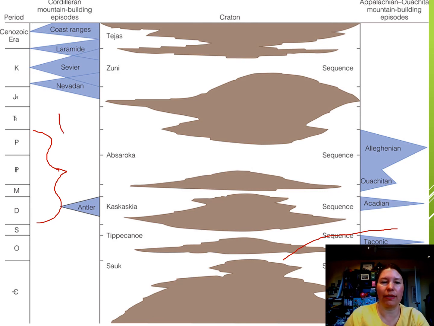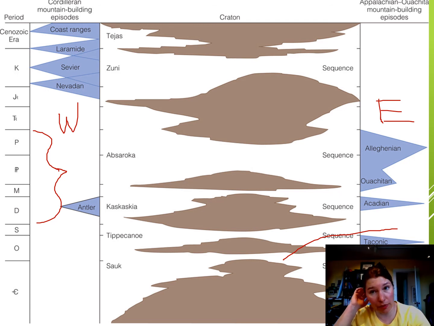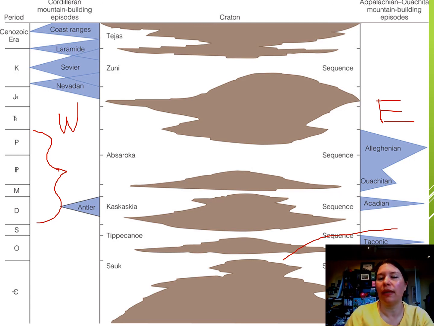And that's in the west again. So this image is nice because we're going from west to east. So what's happening with the Appalachians though? Oh, we're building on a lot of stuff. So we have the Acadian orogeny, we have the Ouachitan orogeny forming the majority of the Ouachita Mountains, and finally the Allegheny orogeny, which forms right about 250 million years ago, right at the very end of the Permian, as Pangea is finally sutured together.